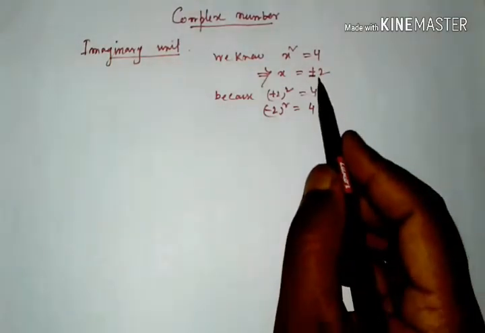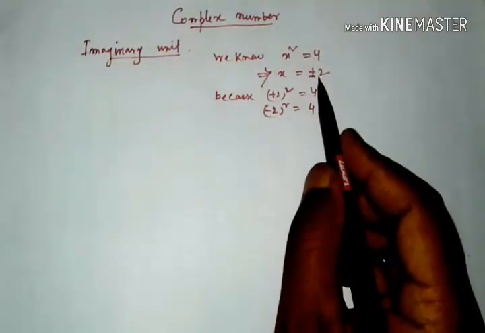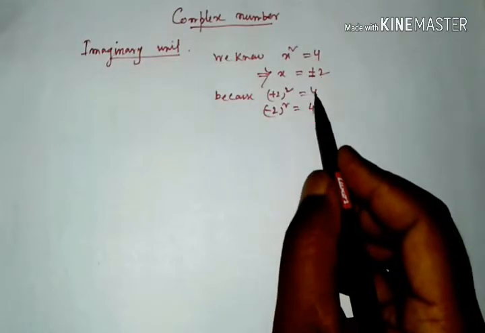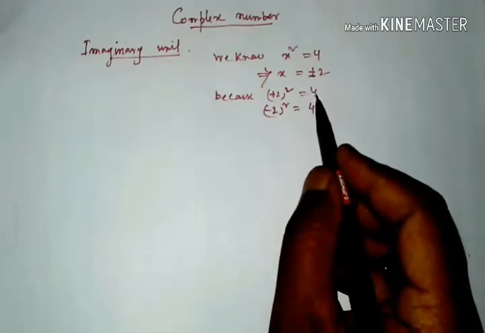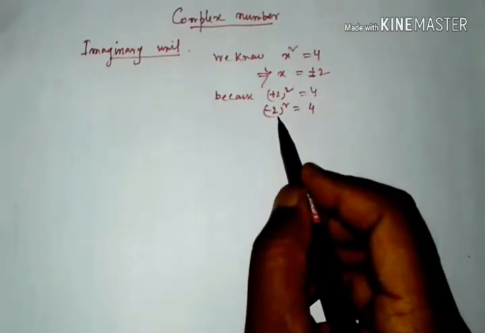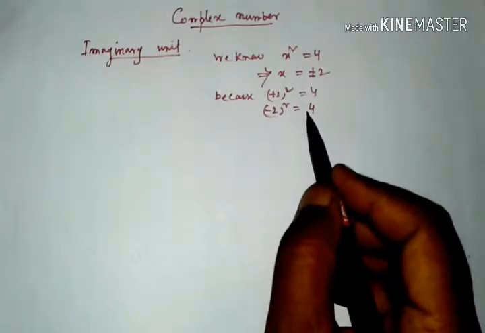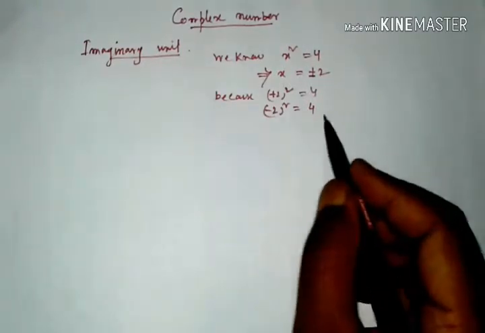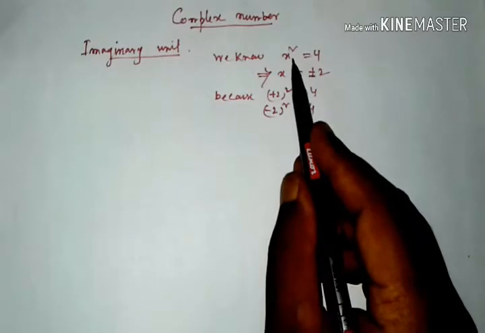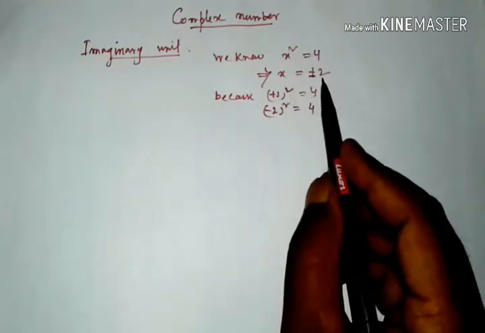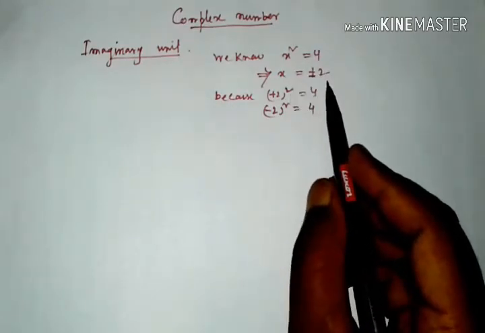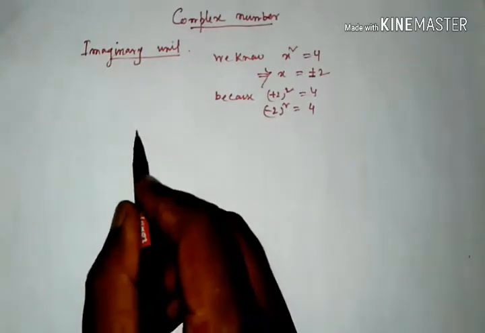If we square plus 2, then we have got plus 4. If we square minus 2, then we have got plus 4. So x square is equal to 4 implies x is equal to plus minus 2. But